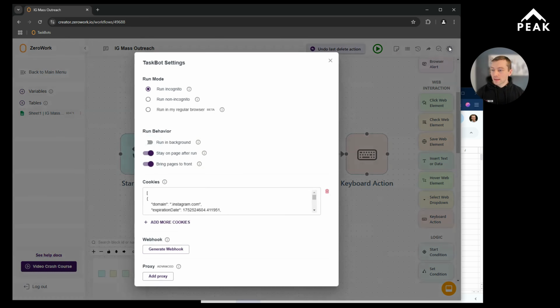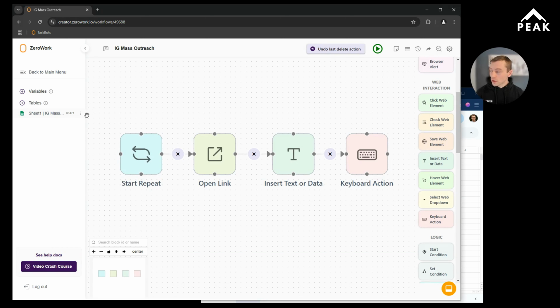Now, if you wanted, you can take this a step further. You can use a webhook to trigger this. Let's say you have a webinar coming up, or you have some type of email or blog post or whatever that goes out. You can create a webhook that will trigger this and send that notification to everyone in Instagram. You can also create variables inside of here. For example, if you had a new blog